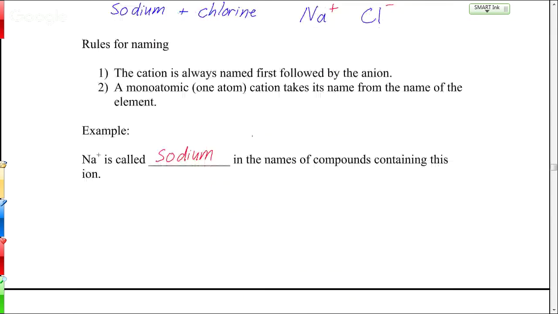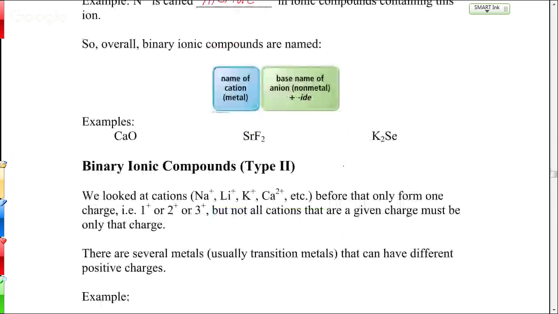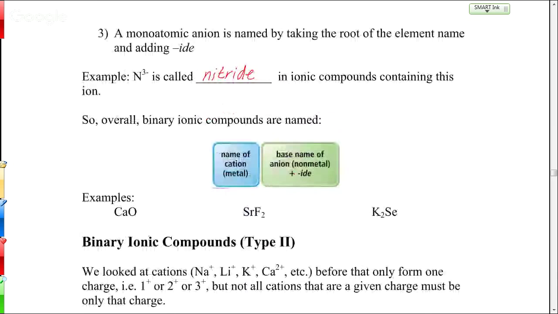All right, so if we complete our name then up here, that NaCl compound is going to be called sodium chloride, as you knew. All right, so let's look at a couple other examples in that category before we go on to the next one. Anything that fits into this type 1 category, where you just have two types of elements, a cation and an anion, and the cation, we know the charge of what it's going to be, we just name it that easily. You put the name of the cation and the name of the anion with "ide."